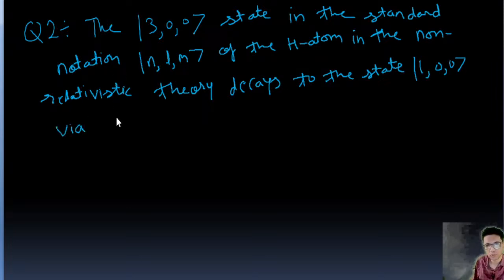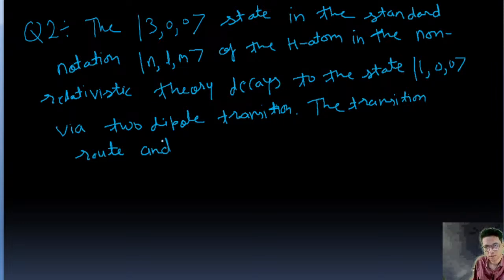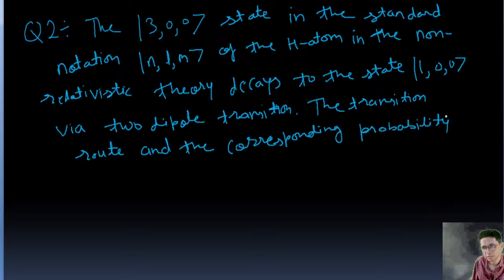Via two dipole transition, the transition route and the corresponding probability, the transition route and the corresponding probability are